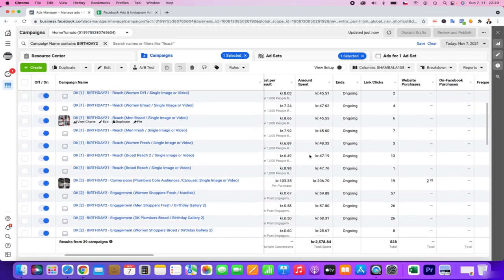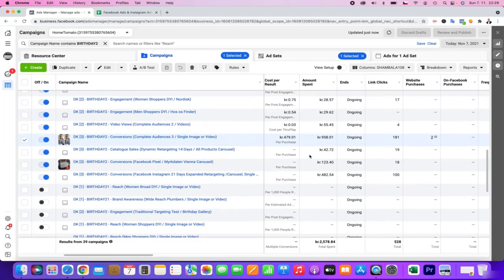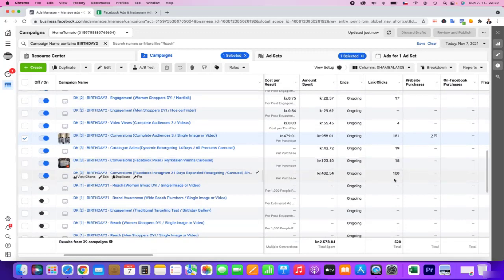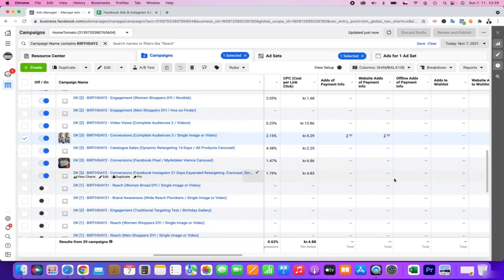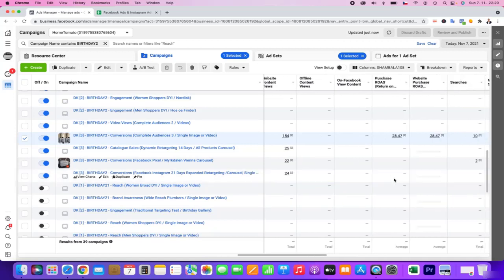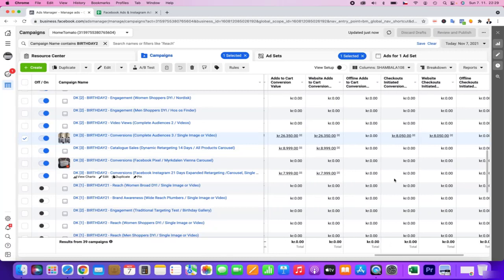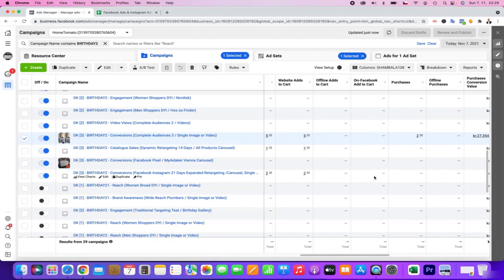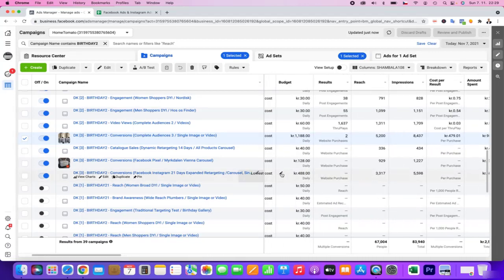We didn't really have success today with retargeting for Facebook engagement, but the link click is doing well, and I'm really, really happy that it has improved so much. Hopefully it will improve further. It was not so successful today, but I honestly believe it can be successful again maybe tomorrow.